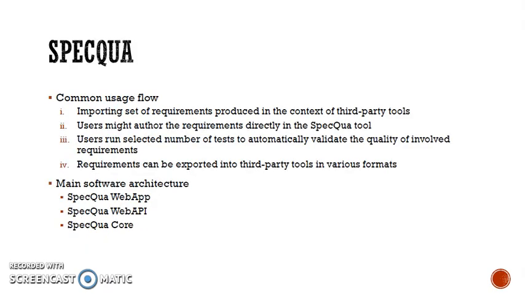Next one is SpecQua. SpecQua is a framework. To be exact, it shows the actors that might interact with it, for example, users who can be requirement engineers or business analysts, tool supervisors, administrators, or any third-party tools. SpecQua provides several import and export features to ensure maximum interoperability with any third party. So it's a framework, and we also have the architecture in SpecQua, which is SpecQua Web App, SpecQua Web API, and